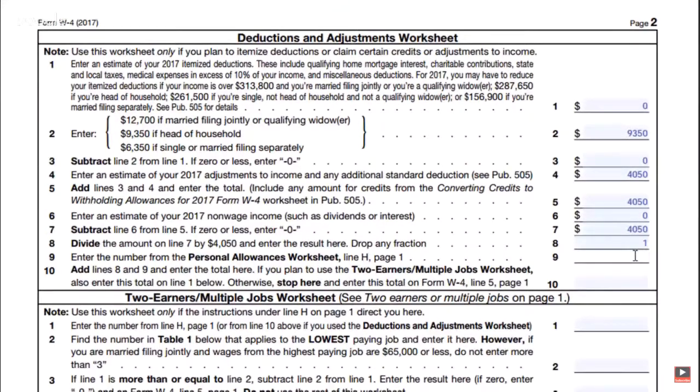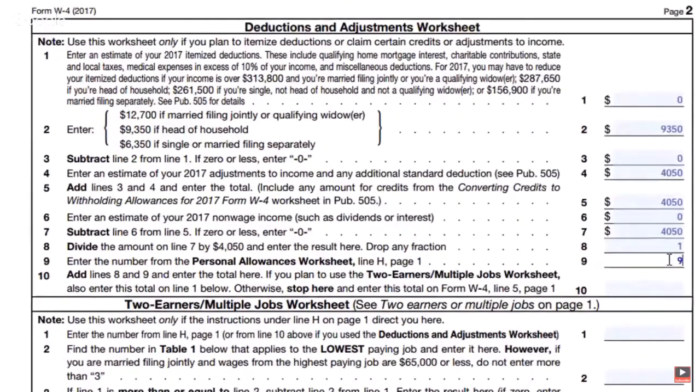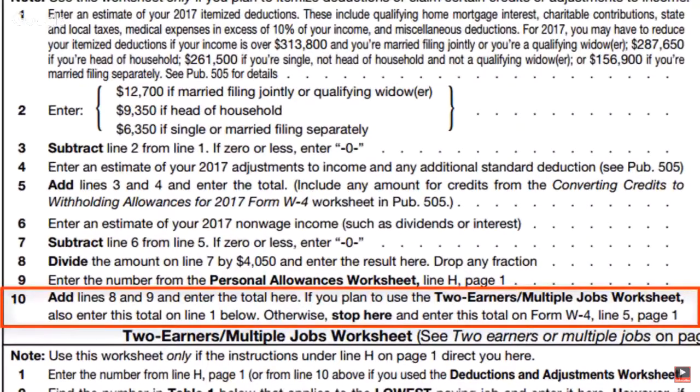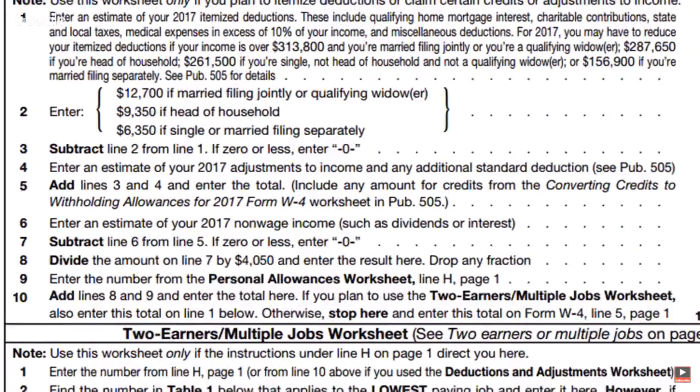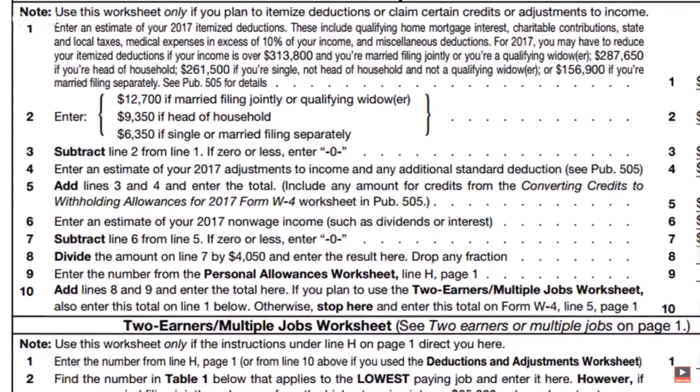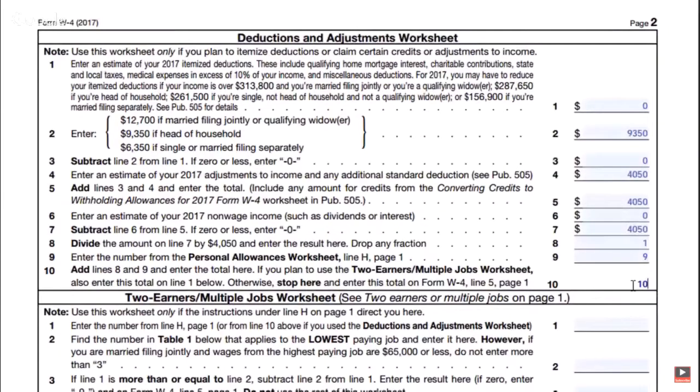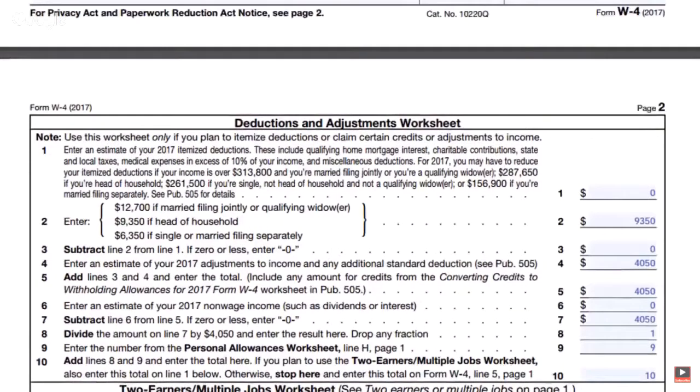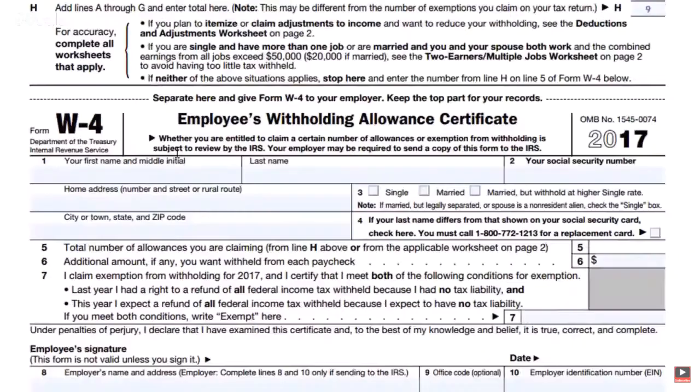Line 10, add lines 8 and 9 and enter the total here. If you plan to use the 2 earners multiple jobs worksheet, also enter this total on line 1 below. Otherwise, stop here and enter this total on Form W4, line 5, page 1. Line 8 plus line 9 equals 10. Susan does not plan to use the 2 earners multiple jobs worksheet, so she puts 10 on line 5 of